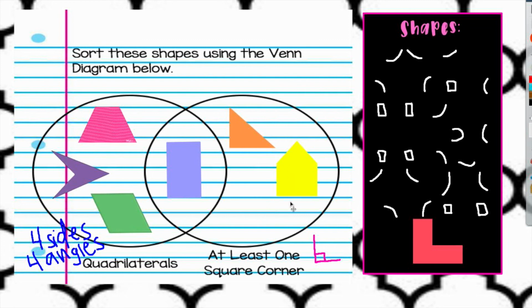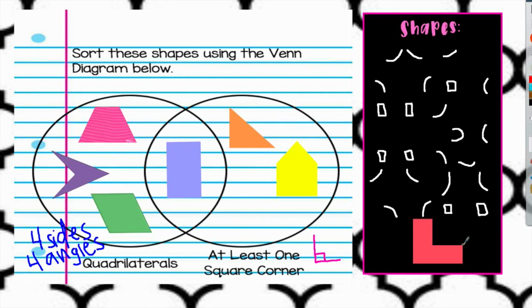All right, guys, 1 more shape to go, and then we're done sorting our shapes. Our last shape looks kind of like an L. Let's see how many sides and angles this shape has. 1, 2, 3, 4, 5, 6 sides, and 1, 2, 3, 4, 5, 6 angles. So because it has 6 sides and 6 angles, it will not fall on the quadrilateral side of my Venn